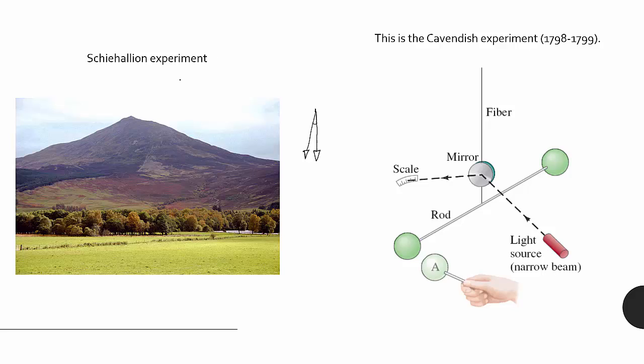They actually chose this mountain in Scotland called Schiehallion because it was pretty symmetric around the mountain, and there weren't a lot of other mountains around it. It was kind of isolated, so they figured that wouldn't mess up the data. And they hired Mason and Dixon, the guys who made the line, to do this surveying. They were surveyors, right? Did the Mason-Dixon line here in the good old US of A. So Mason and Dixon were supposed to survey this mountain and kind of detail all the different levels of elevation so that they could get a good estimate for the volume of the mountain.